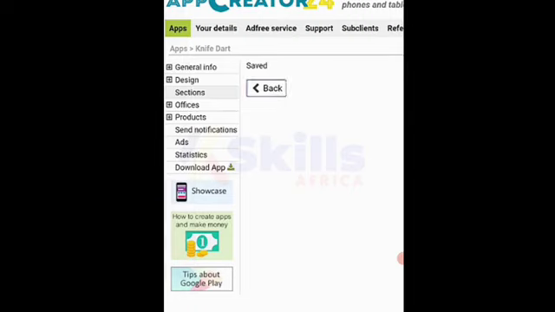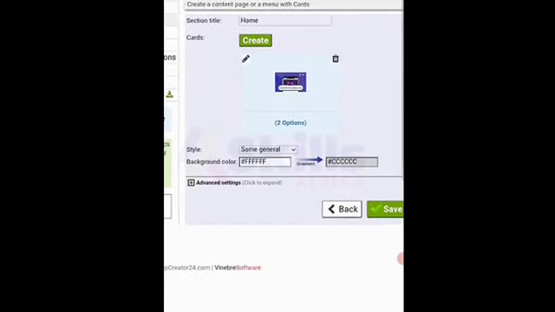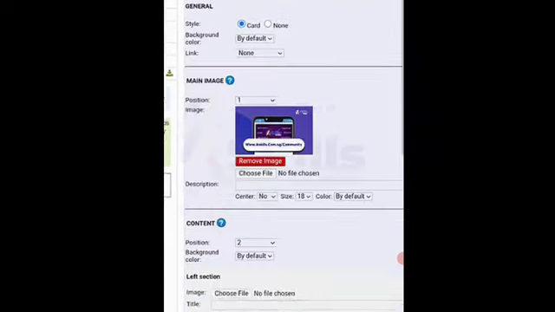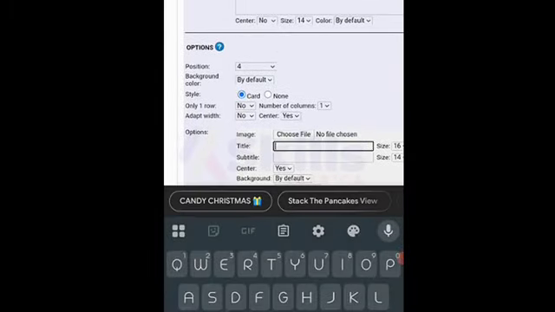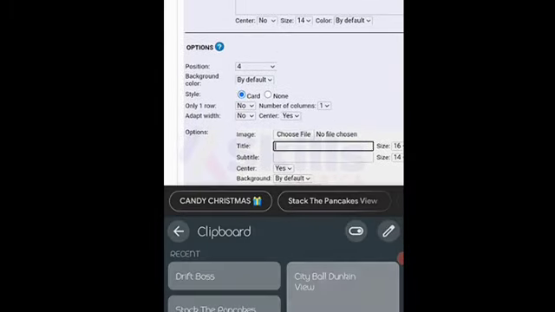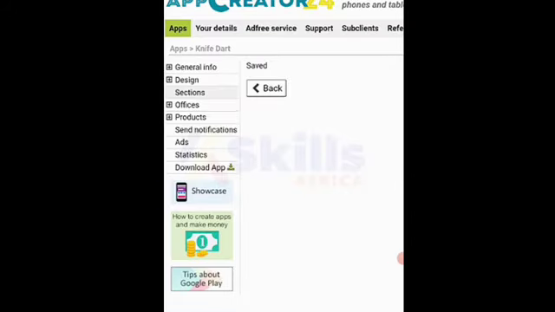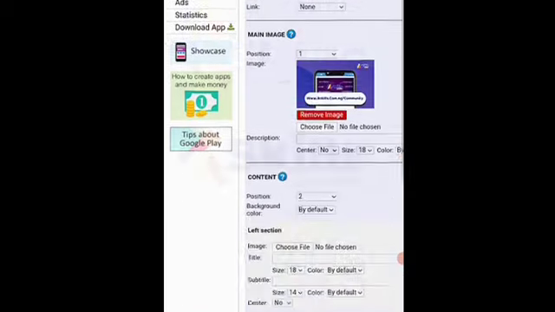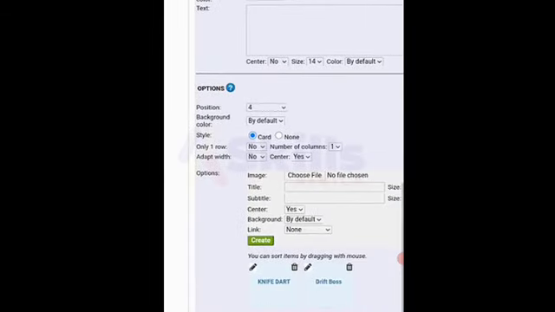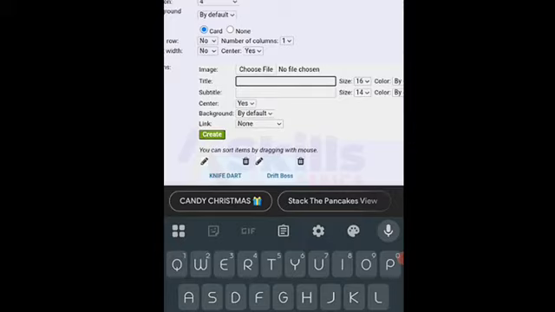It's taking me back now. I don't know what's wrong with this particular stuff. So let's choose another one. Let's choose this one. Still taking me back. Let me just type name and see. Let me type name and see. Let me type game